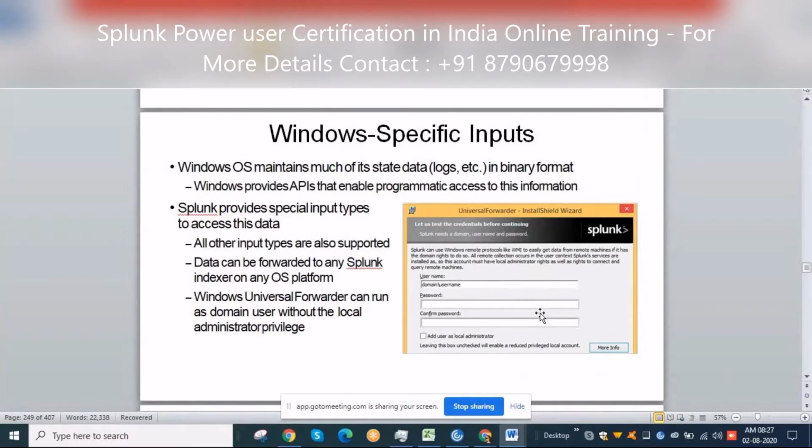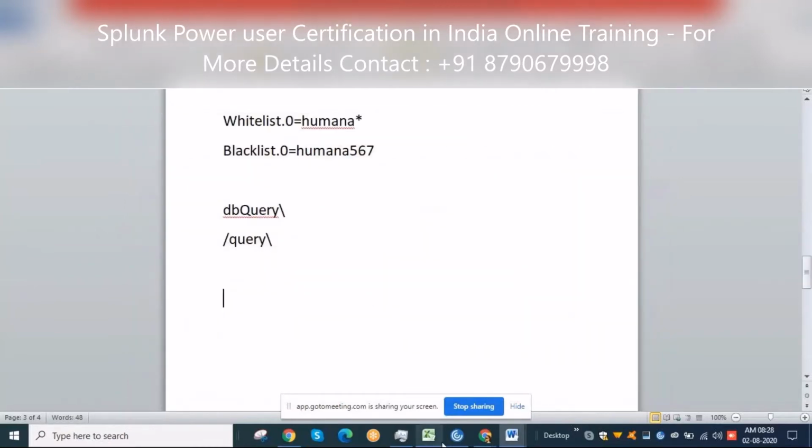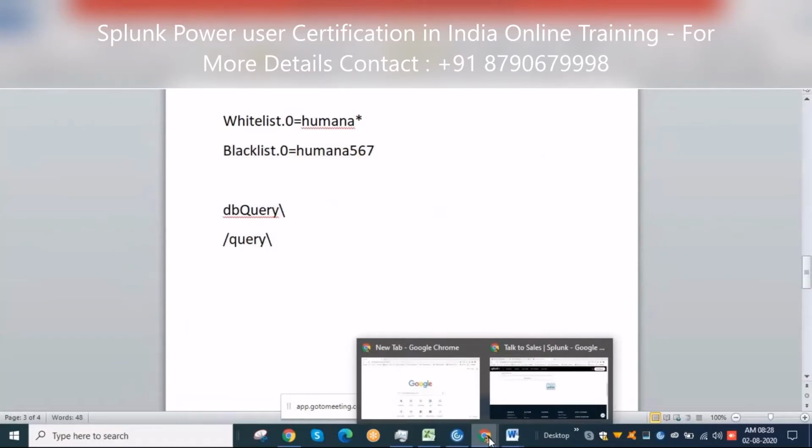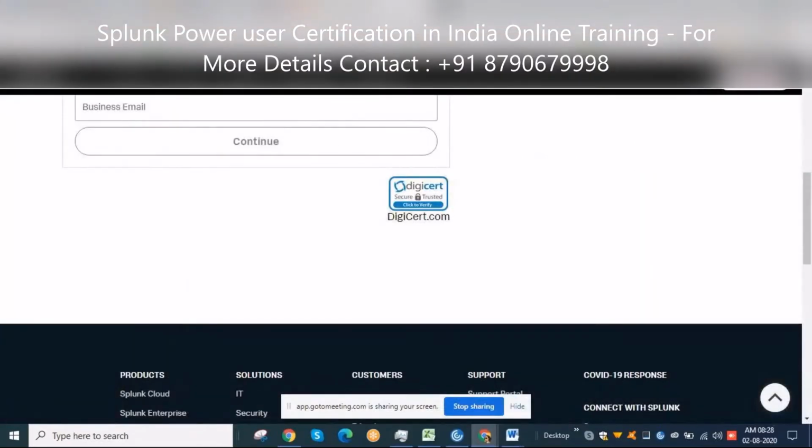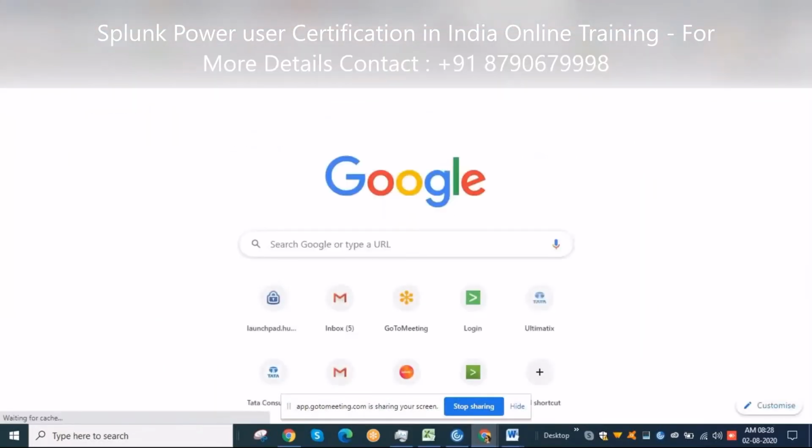So what is happening is, if you see here, this is nothing but it is showing the Universal Forwarder InstallShield Wizard. Here if you see, Splunk can use Windows remote protocols, like if you want to log into some specific Windows server. So usually for Linux, how we'll log in, do you have an idea how we'll log in into Linux?